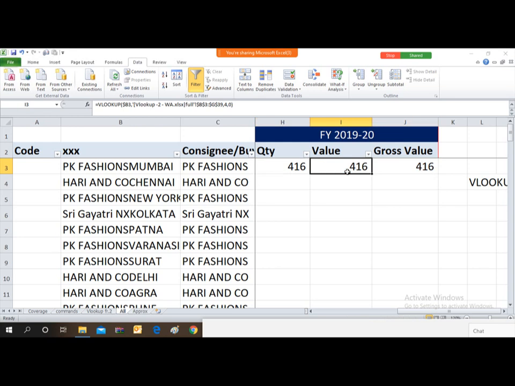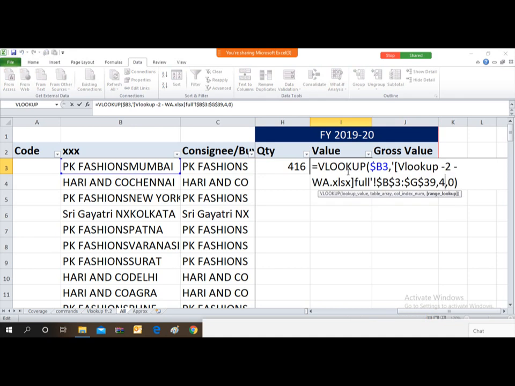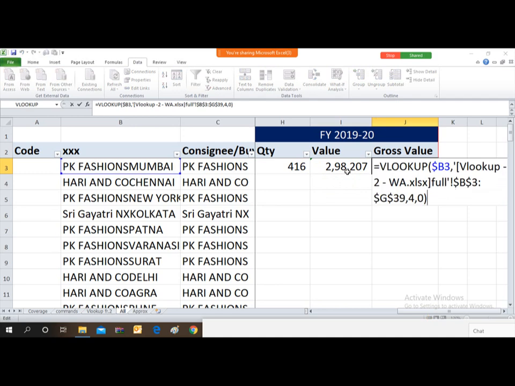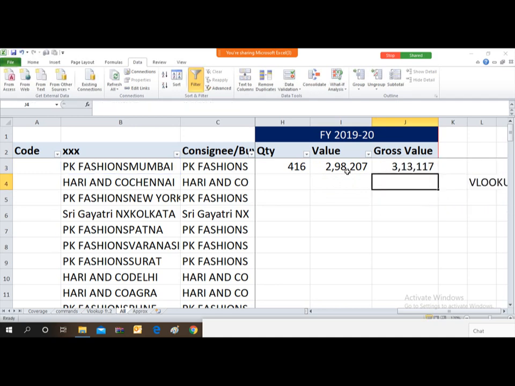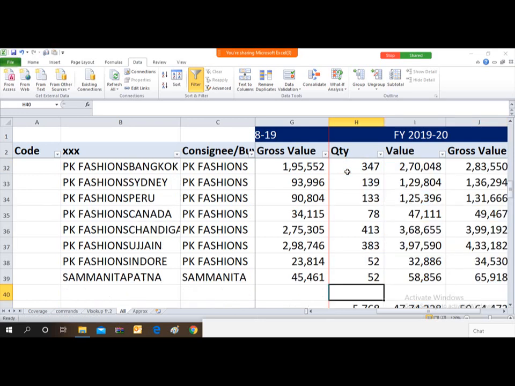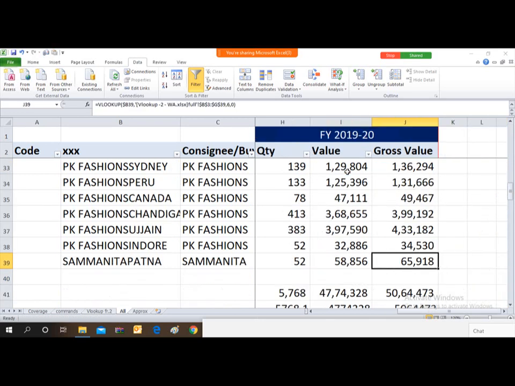And after that you see की चार्ज 416 ही आ रहा है. तो this is why, because I have not changed the column number. वैल्यू के लिए हमारा कॉलम नंबर 5 था, ग्रॉस वैल्यू के लिए हमारा कॉलम नंबर 6 था. तो now what I will do, ये हमारा फॉर्मूला कंप्लीट हो गया. So I will just copy this entire row, जो भी तीनों सेल्स है, तीनों सेल को कॉपी करके नीचे तक पेस्ट कर दो. तो this is complete. तो hope Lalit it is clear then.